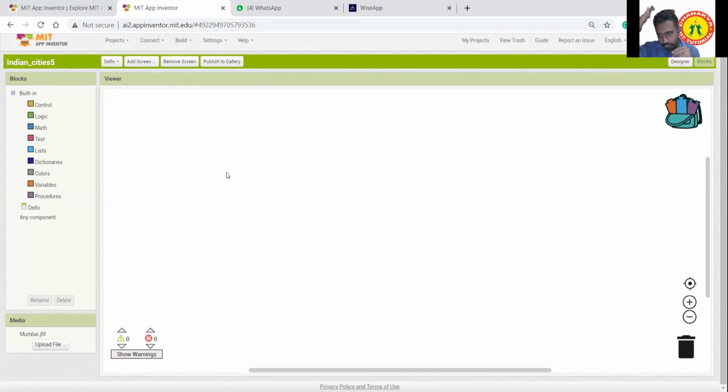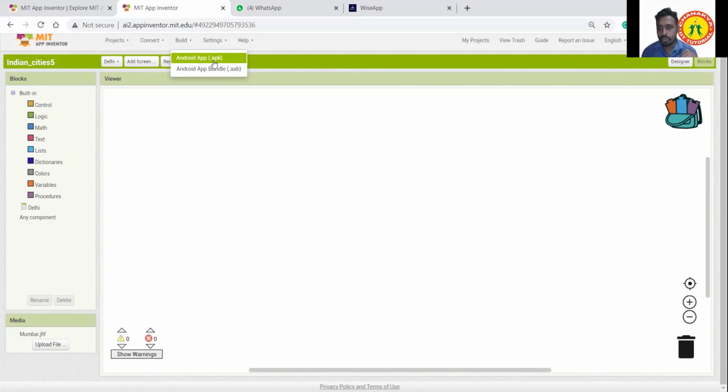Sir, can we go with build? Actually, connect is for checking and testing purposes, and build is for fully publishing. If you click Build, Android app .apk, it will make your program into an Android app and show you a QR code for download.